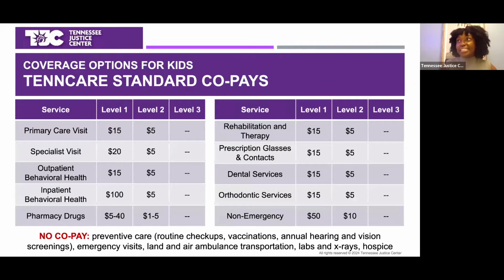All right, so this category does carry copays, and so these numbers can look different. It depends on your household income how high your copay is. But for primary care, like preventative care, it's important to note that there are no copays at all. So if you're just getting your annual checkup, if you're getting vaccinations, things like that, there's no copay. Things like prescriptions, depending on whether or not they're generic or name brand, can change how much the copay costs.